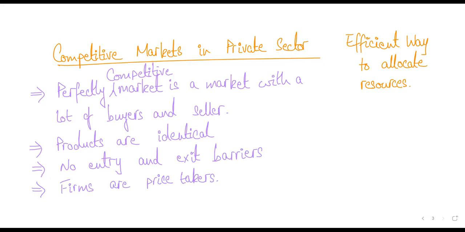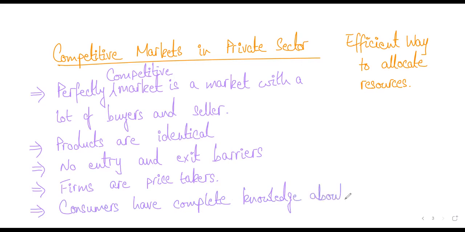Buyers have perfect knowledge about the product and the price. Consumers have complete knowledge about product quality, prices, and all those things. So as a firm, you can't really cheat consumers. Consumers have complete knowledge about product quality, prices, etc. Right? Okay. Now what we did was,